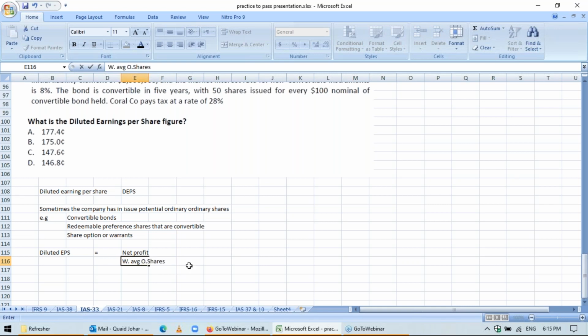So two adjustments we will have to make. What are those two adjustments? We will add the increase in profit, which is known as notional profit,